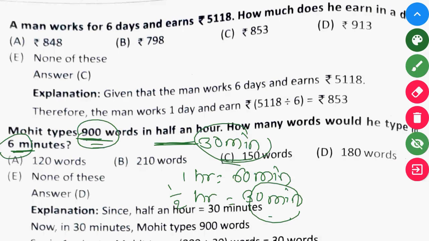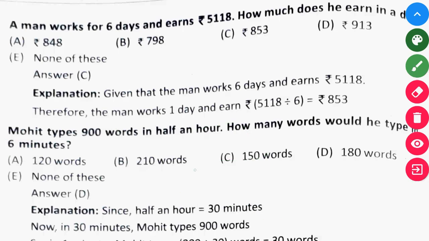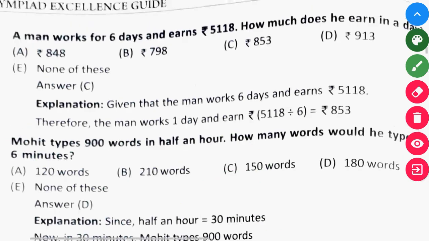So there are two methods to solve this problem. First, you have to calculate in 1 minute how many words he is going to type. And then whatever answer you got, you multiply it with the 6. Okay, and the other method is, see, in 30 minutes,